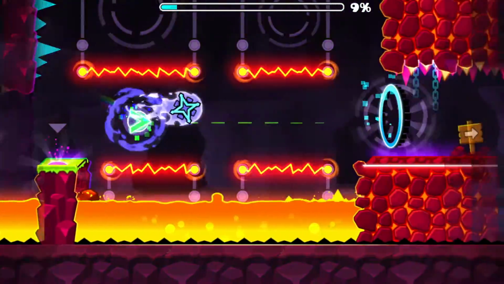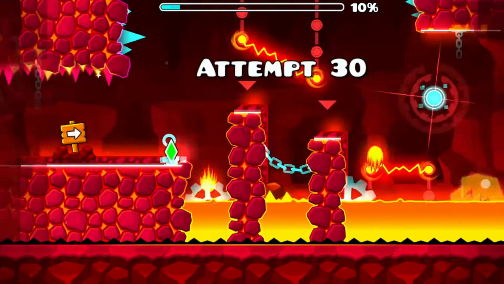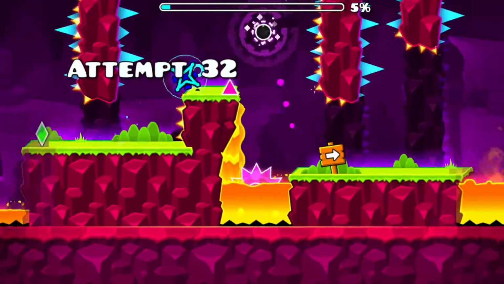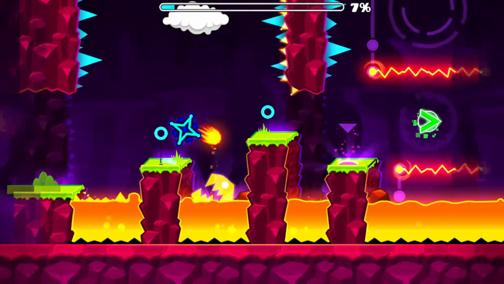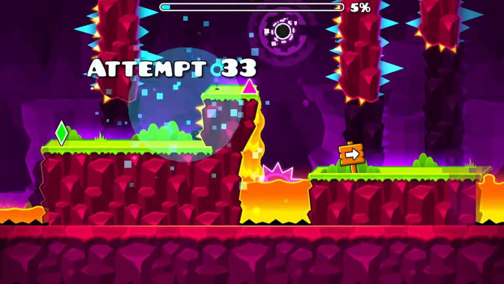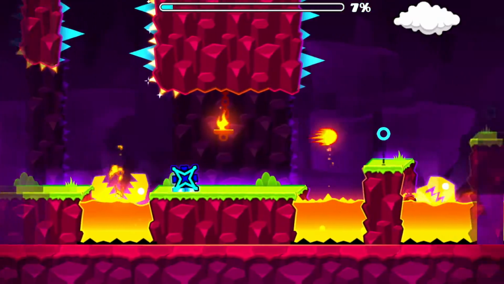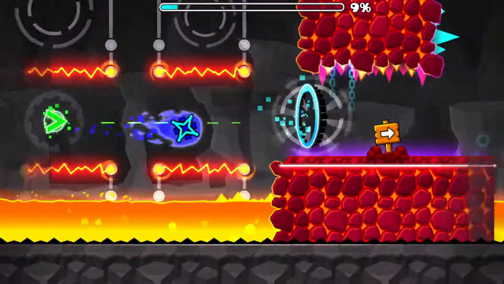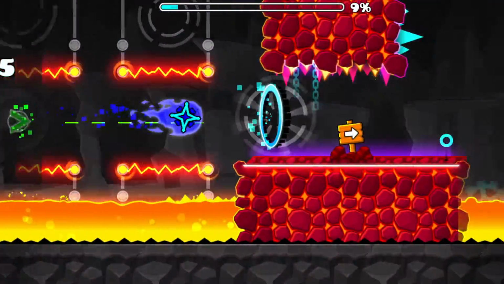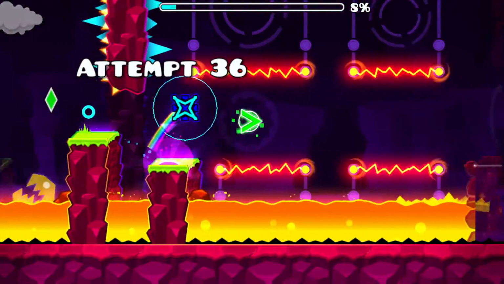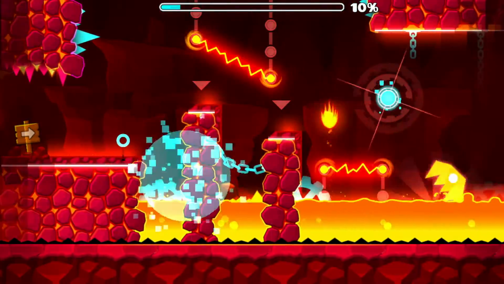Let's move on. Dash orbs, yes! Good dash orbs. Those dash orbs, there's 2 of them. Oh yeah, and look at that pro tip too. That's pretty cool. So now I'm just gonna jump here. Now if you just hold that, then you get to dash, and it's just so cool. So me dashing like that is so cool.